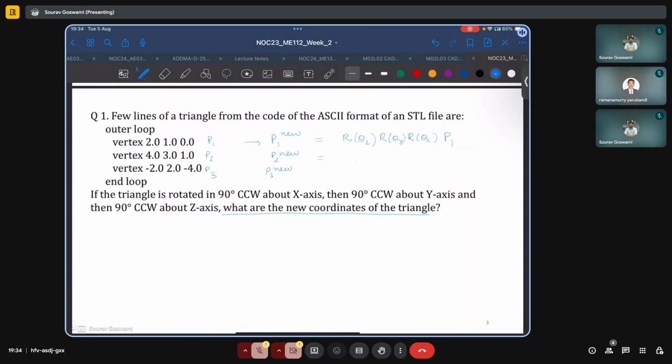And similarly for the others. Here theta x is pi by 2, theta y and theta z are also pi by 2,